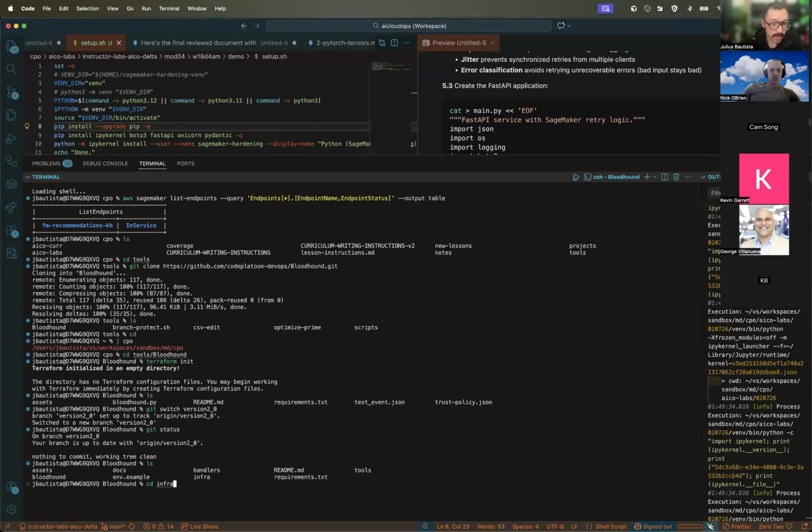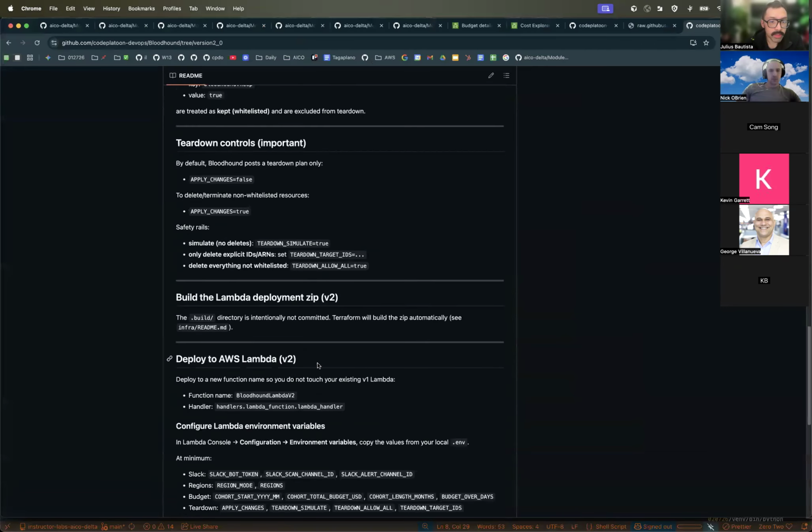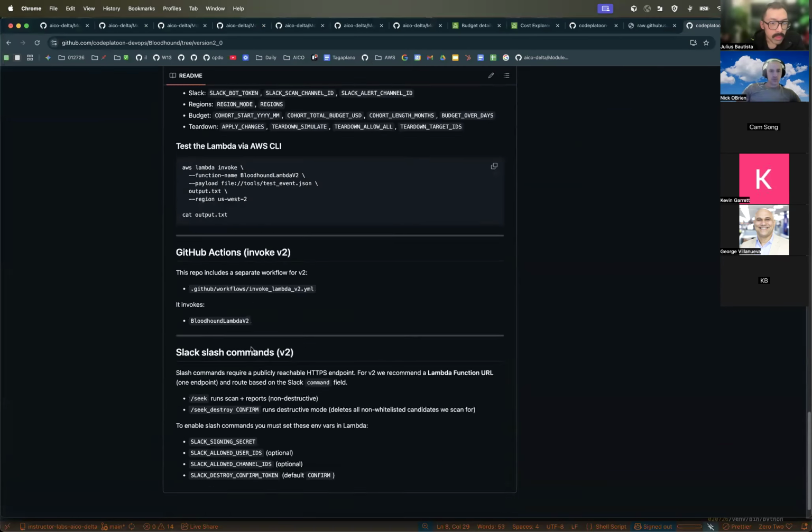There is infra. And now we can do our Terraform init. And while that's running, next will be to